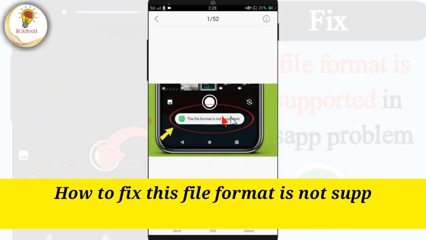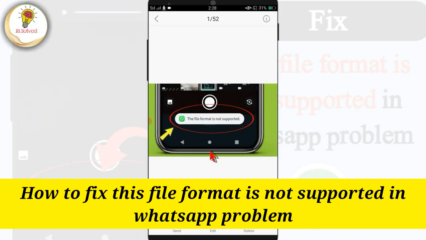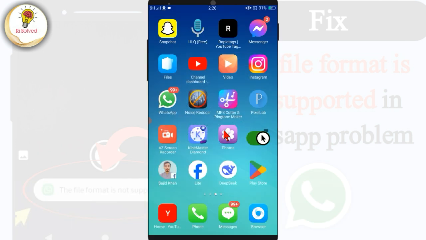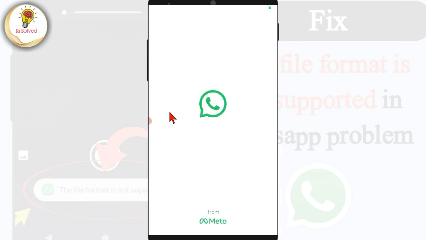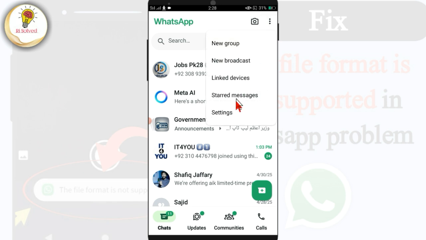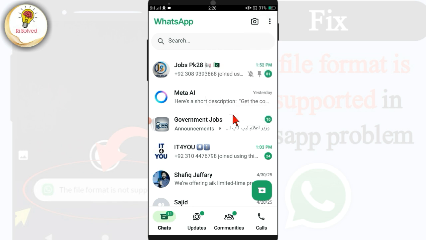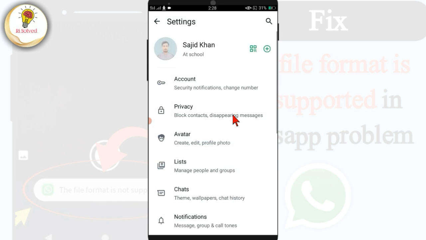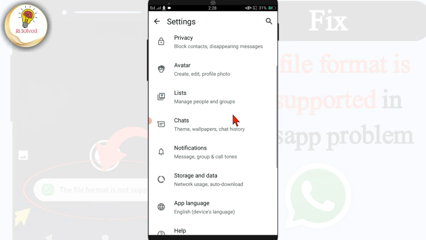How to fix this "file format is not supported" problem in WhatsApp. The solution is very simple. First, open WhatsApp, and then click on this three dot menu, click on Settings. Now tap on Chats